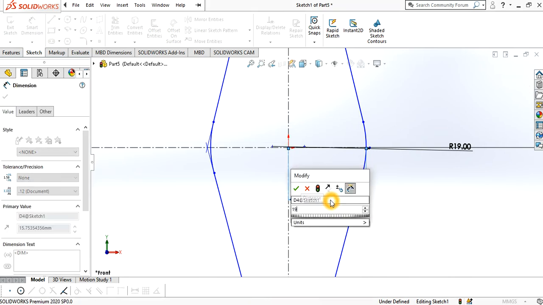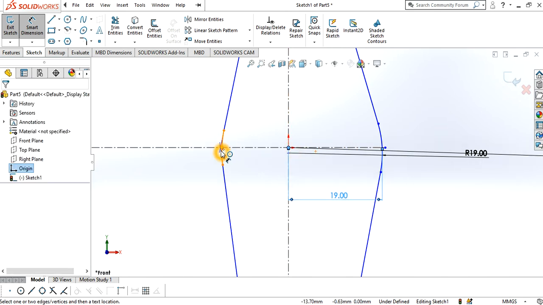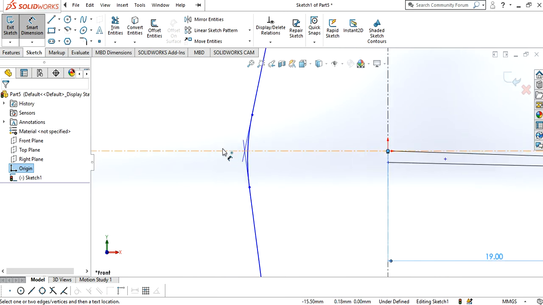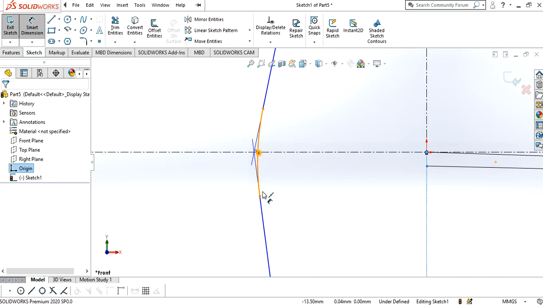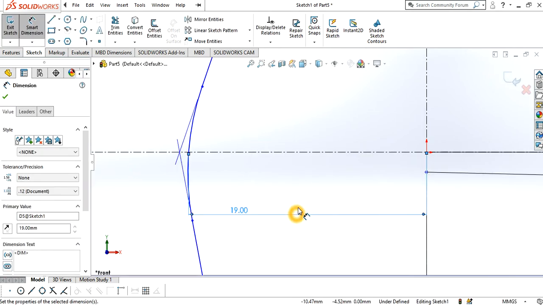This one is 19. Okay, zoom in for the point. Okay.